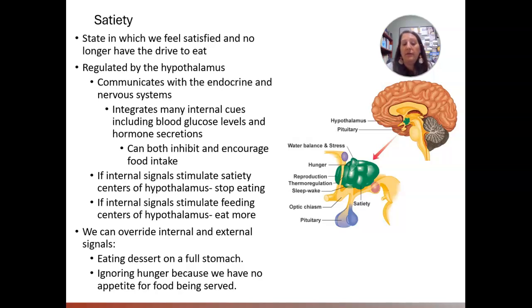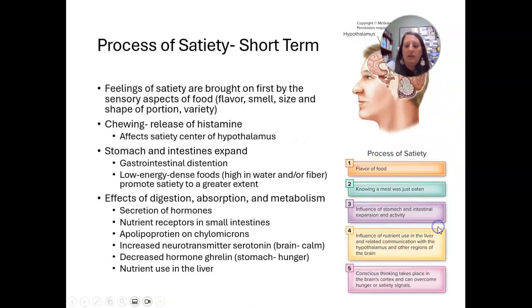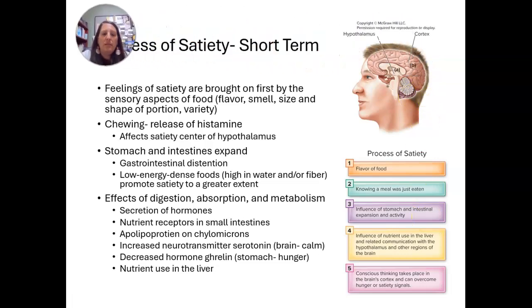And if we don't have the appetite for food. Okay. So the process of satiety short term is here. Okay, so